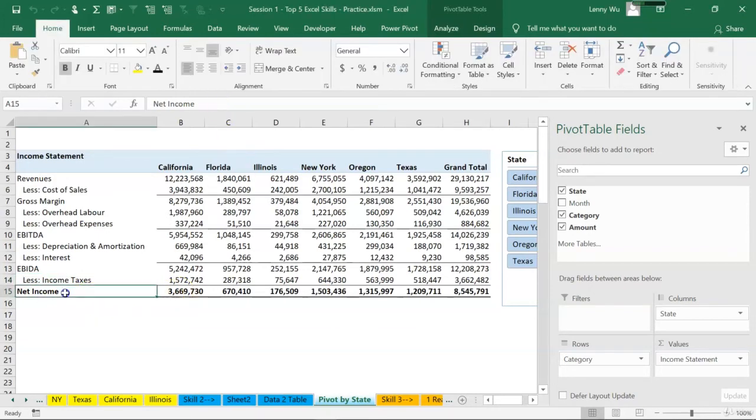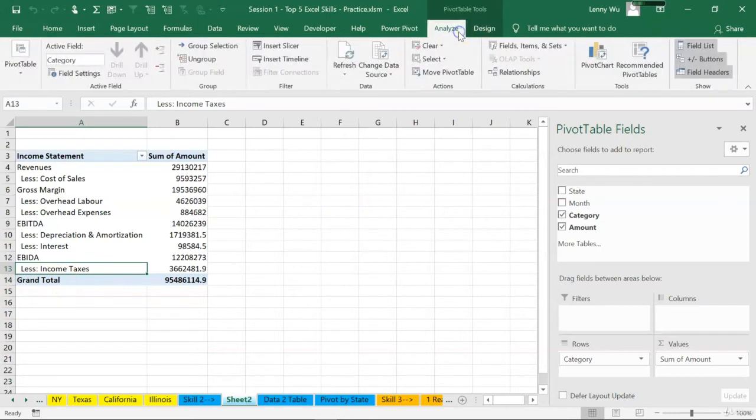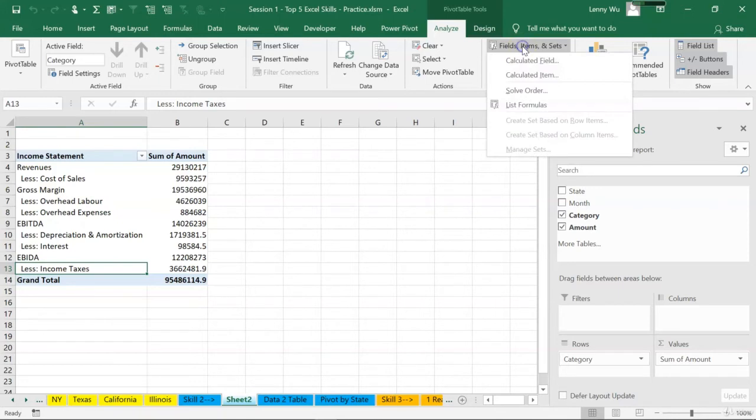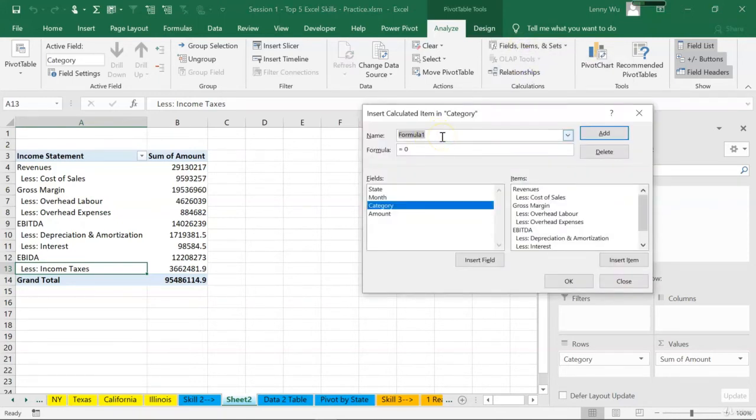For sure. Let's select net income and copy this one. By practice, you can also type in net income by yourself. So in here, let's select any row and click Analyze, Fields, Items and Sets, Calculated Item. Let's add another formula for net income. Paste, Control V. The formula will be